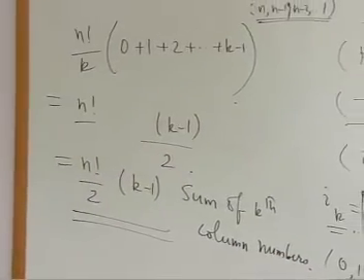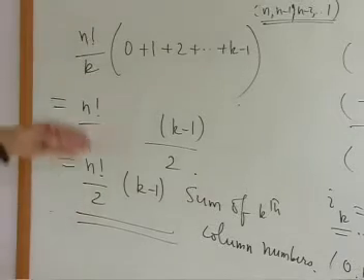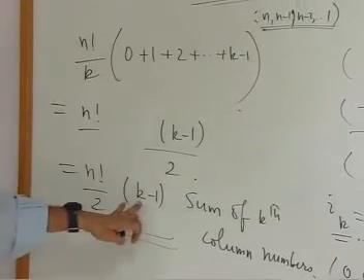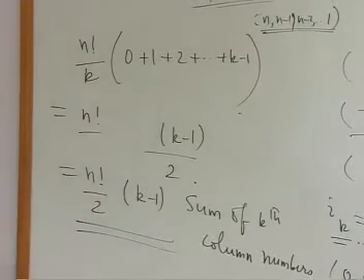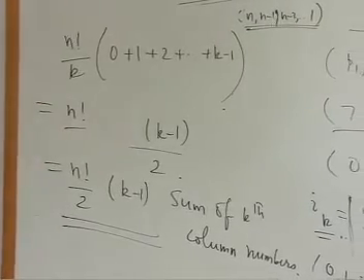This is the sum of kth column numbers. So, what is the sum of first column number and second column number? First column number, put k equal to 1. You see it is 0, right? So, you add all of this. So, column sum